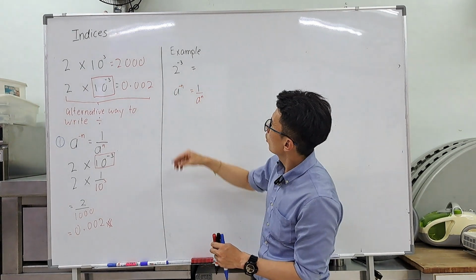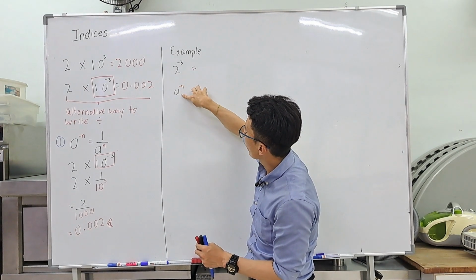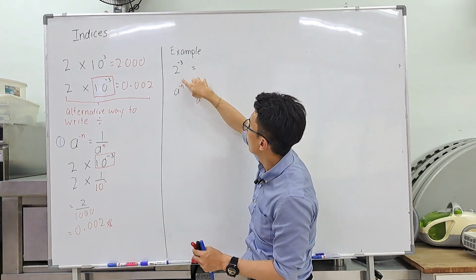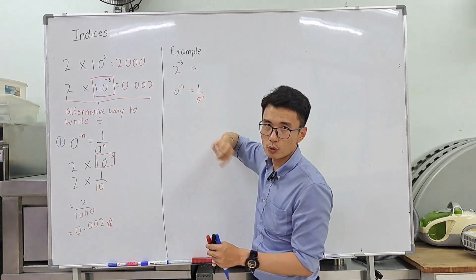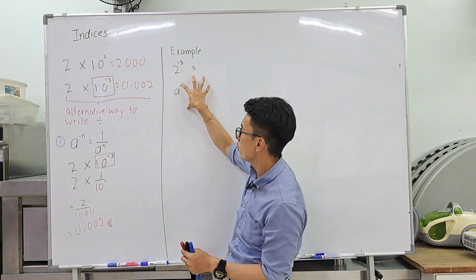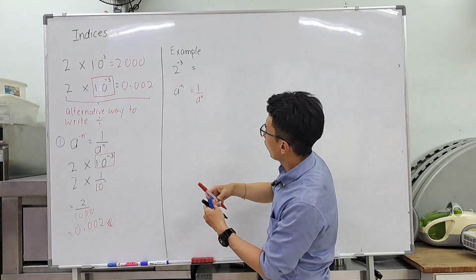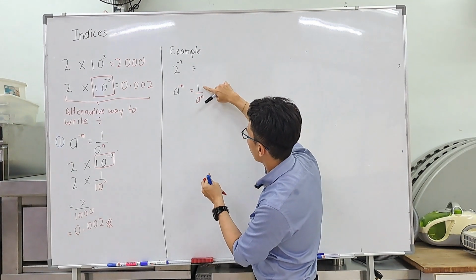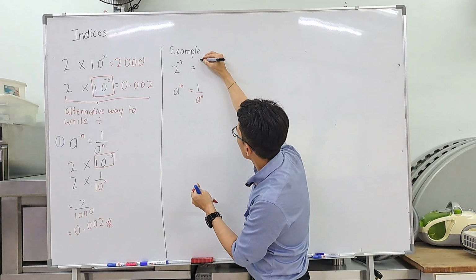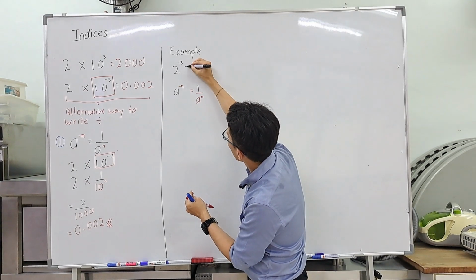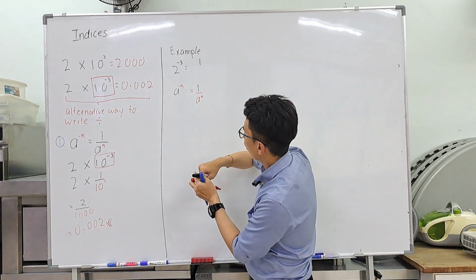Over here, I have my a, which is my 2, and I have my negative n, which is negative 3. Based on my first rule, I can rewrite this as a fraction. We will follow back the first rule, that will be 1 over